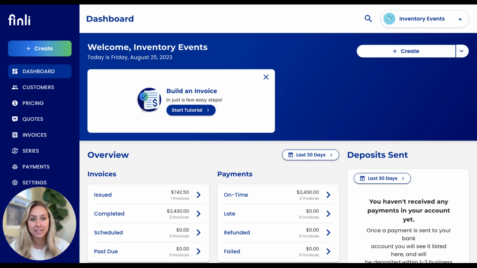As a quick refresher, Finli is a digital back office platform built for small businesses to help them manage a lot of the really manual and time consuming parts of running a business, like keeping track of customers, keeping track of pricing and inventory, sending quotes and invoices and bills, and of course, collecting all sorts of different forms of payment. One of the great things about Finli is that our platform was built for all types of businesses. But today I'm going to be showing you how Inventory Events, a fictional business that I created, might leverage the